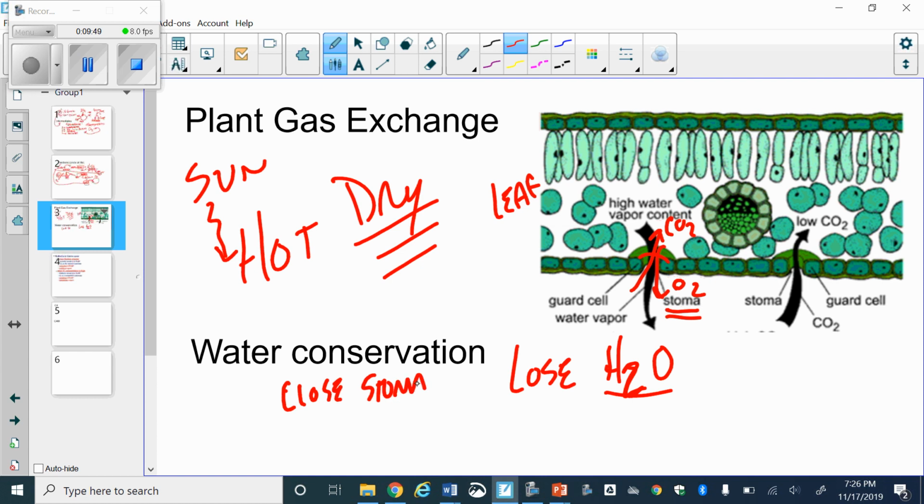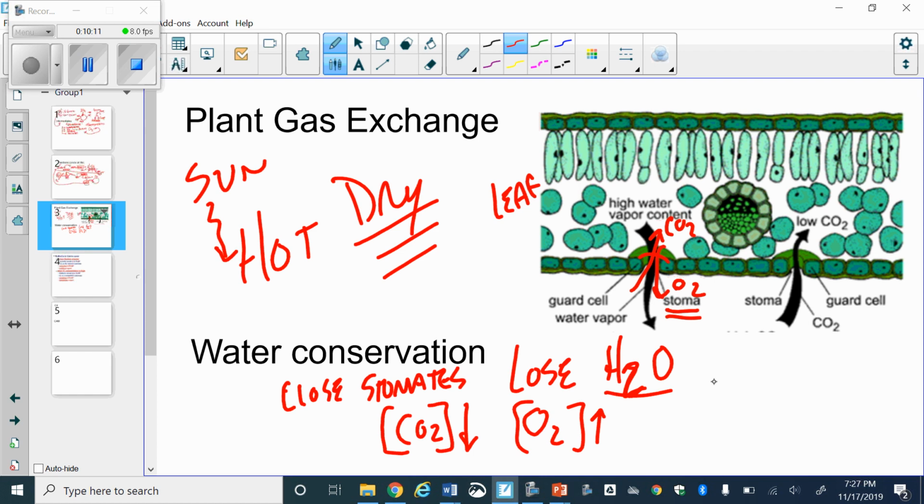to conserve that water. If it closes the stomates, let's think about what's going to happen to the concentrations of gases. The CO2, which it really, really wants, is going to start going down, and the oxygen that it wants to get rid of is going to start going up. And this poses a big problem. One of the big problems